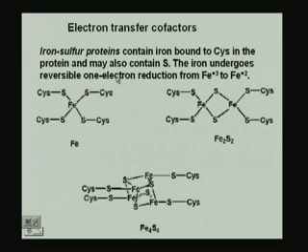Now, we also have certain proteins that can act as electron transfer cofactors. These are mainly iron-sulfur proteins. They are just written as FeS proteins. They contain an iron bound to the cysteine in the protein, and they may also contain an additional sulfur. For example, if we look at this Fe, we have the Fe coordinated to cysteine residues in the protein, forming what are known as iron-sulfur proteins that also play a major part in electron transfer, because they can,